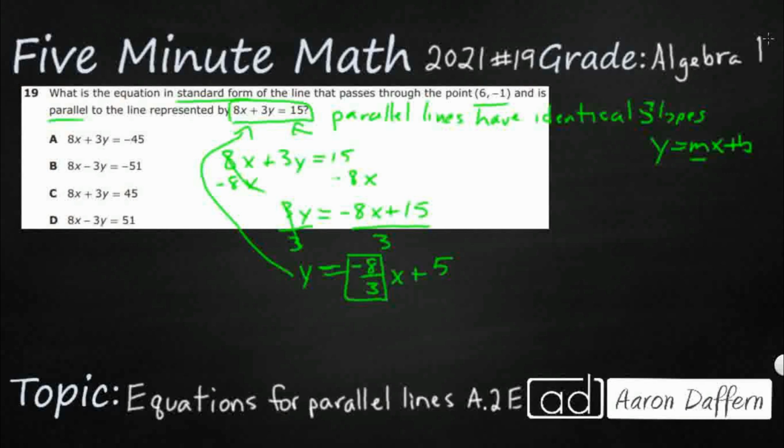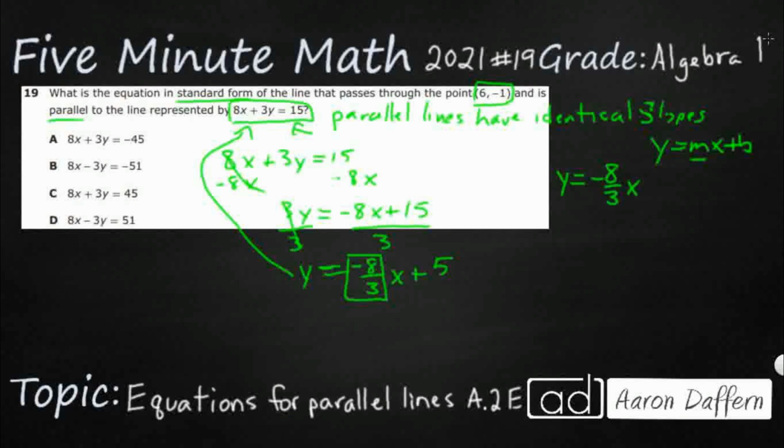Now, that is our line that we need to find a parallel for that goes through this point right here. So we've got options. One option is let's just plug in the x and the y. Right? If we plug in the x and the y, that's going to give us our new y-intercept. Because remember, parallel lines have identical slopes. They don't have the same y-intercept. So I need to look for my new line with y equals mx plus b. But remember, I just found my slope,